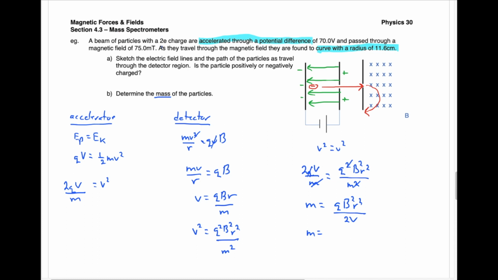Now remember we had a 2e charge from up here, so that's 2 times the 1.6 times 10 to the negative 19. So that'll give me 3.2 times 10 to the negative 19. That'll be in coulombs. Now watch your magnetic field. This is 75 millitesla, so we need to put that into Tesla. So 0.075, and now we're in Tesla. Don't forget to square that. And my radius, 11.6 centimeters, I need to be in meters, so 0.116 meters. And so do make sure that you're doing those unit conversions then as well. All of that then will be divided by 2 times that 70 volts then for my electric field strength. And when I put all of that in,